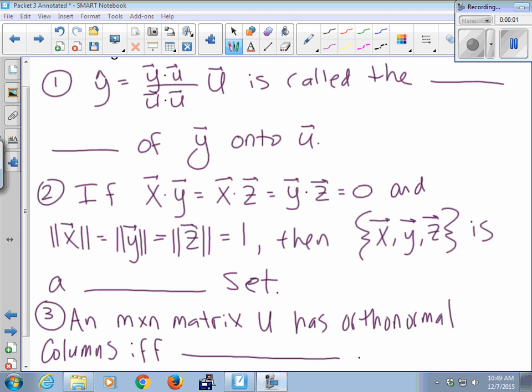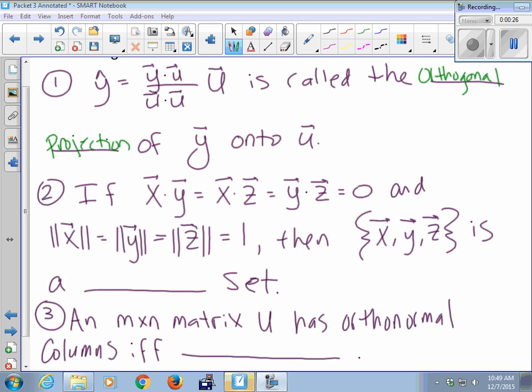A big formula in the reading: y dot u over u dot u times u is called the orthogonal projection. Okay. If x dot y equals x dot z equals y dot z all equals 0, and the length of y and the length of x and the length of z are all 1,